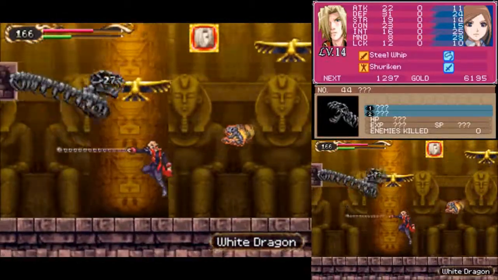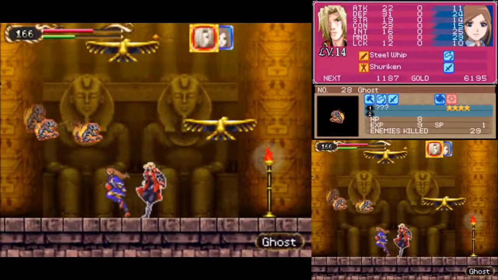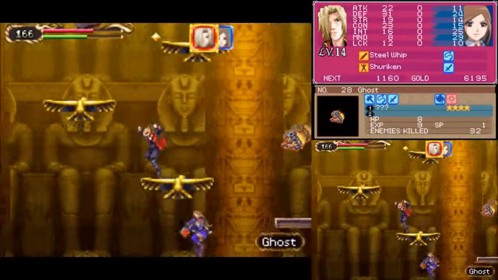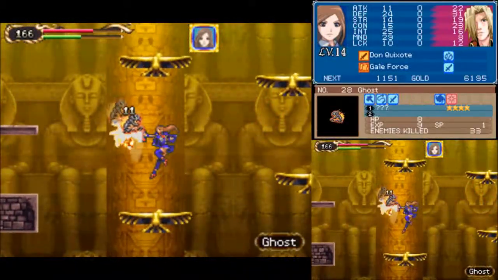Yeah, you take that, you white dragon, I think they call them. Why aren't they called bone dragons? They're much more bony than they are white. Heck, these are gray, if anything. At least in Order of Ecclesia, they had enough whiteness that you could be like, yeah, maybe they were once white, so now they're kind of